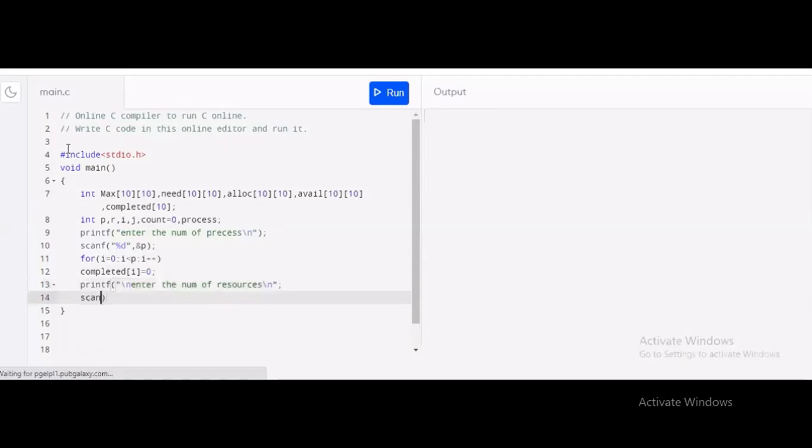Scanf %d %r. %d is used for the integer variable and R is the integer variable.